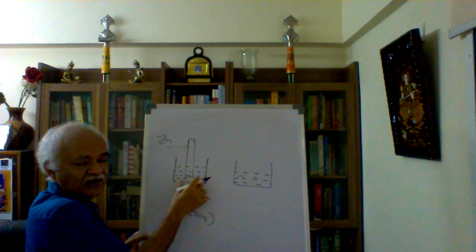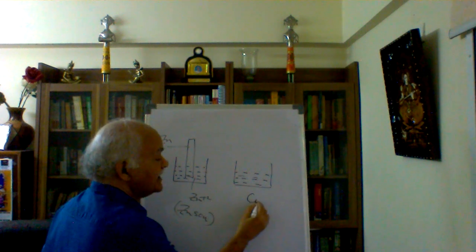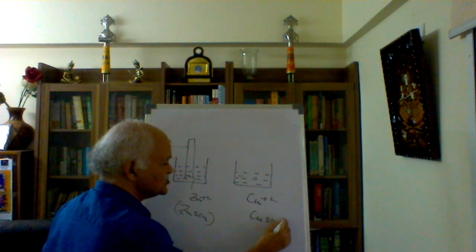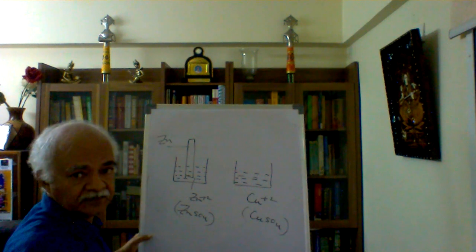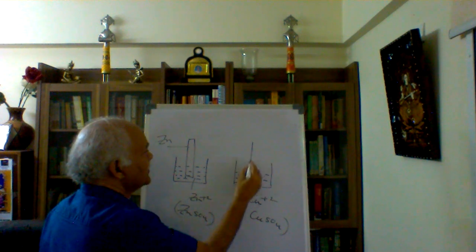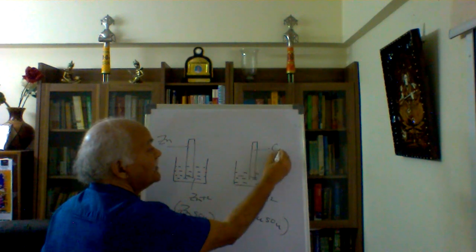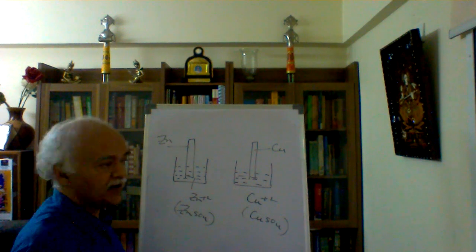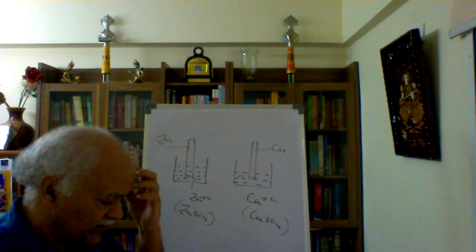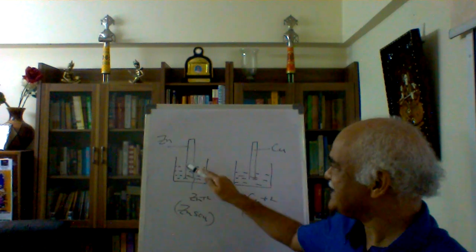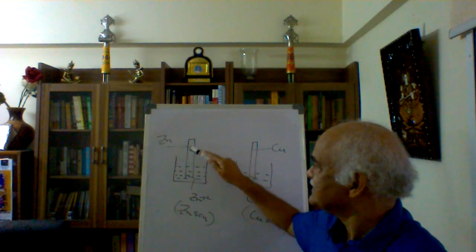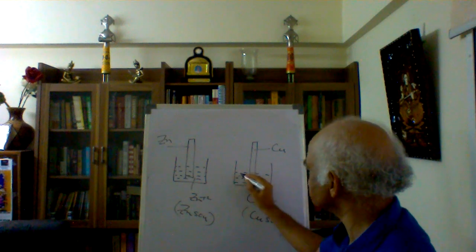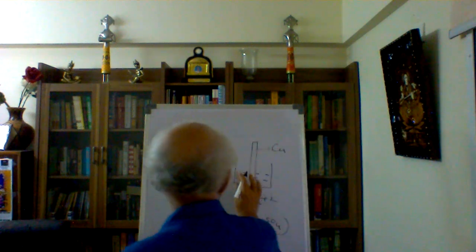This zinc sulfate has no color, copper sulfate here has color, so I am writing the relevant species copper plus 2. But remember, this is nothing but copper sulfate solution, aqueous solution. In that, I will be taking a copper rod, which is reddish in color. This is copper, red colored rod. I dip into the solution. Now, if they are two independent species, no reaction is possible because the same element in two different states have been taken here. This is the zero state and this is the ionic state, copper plus 2. This is my copper plus 2.